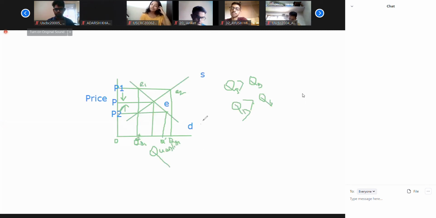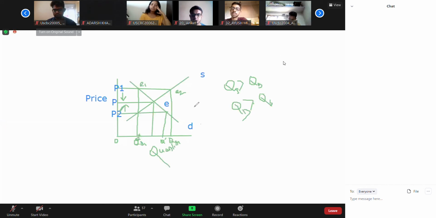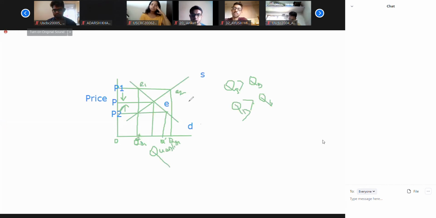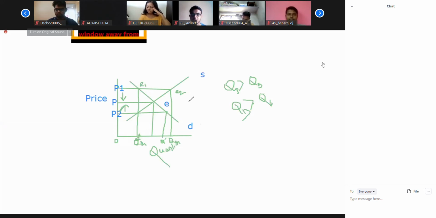Okay, so now you have understood how equilibrium is attained. Then the question comes. When we draw the relationship between demand and price, we keep other things constant. We are not taking into account the income, the taste and habit of the consumer, or the price of substitutes and complements. We have kept those things constant, because simultaneously it is not possible to see what will happen.